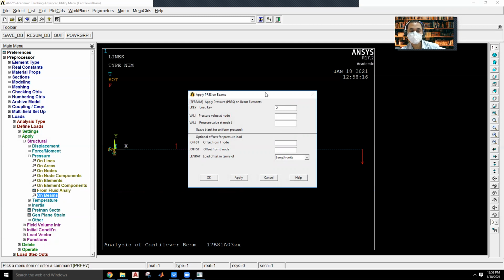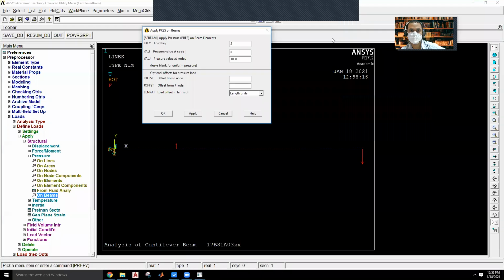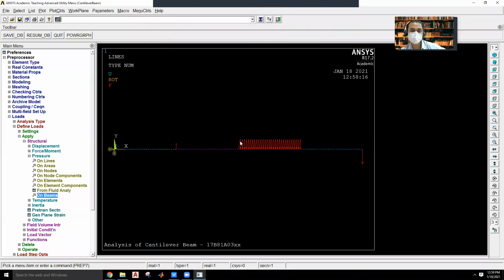Node I is nothing but this point, the starting point of the line. The value comes as 0. There is a node J at the end, the value comes as 1000. So at that end, the value comes as 1000. So I'm giving it as 1000 newtons. Then I have to click on OK, so that the pressure value is same here. Okay. So I'm clicking OK. So click on OK, so that you can see the triangular force because on each and every mesh, it is increasing and decreasing over that.